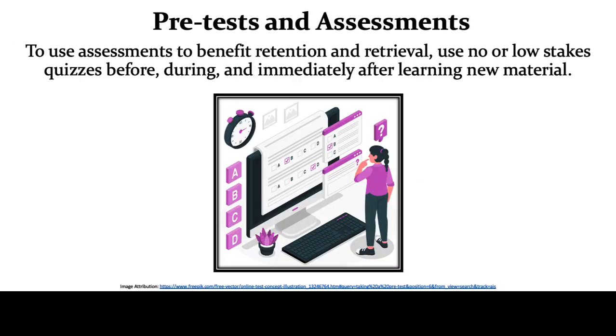Use low or no stakes pretests and give quizzes during and immediately after learning new material to benefit retention and retrieval. Assessments show what learners know, what they don't know, and the areas they need to improve upon. Feedback is vital. Make sure each correct answer is revealed and you have a discussion about why it is the correct answer. Sometimes it may even be necessary to explain why the wrong answers are wrong as well. Please see the recommended sources slide at the end of this video for more information on how to use assessments